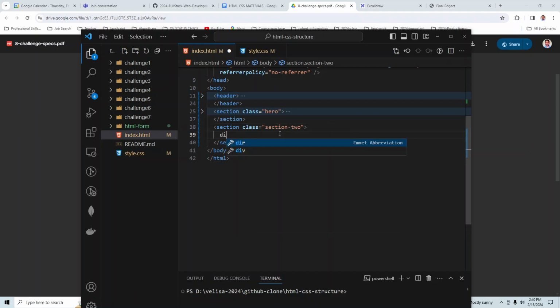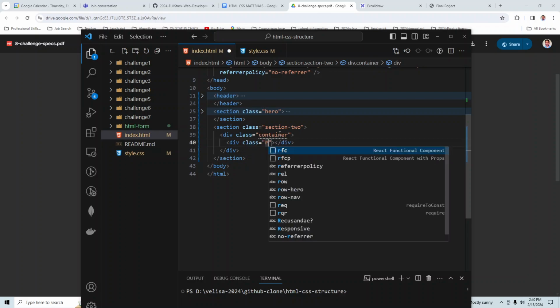So inside there will be a div with container, because I want to put this in the center, aligned with all my other sections. And then I need a box, so div, for now I'll just use class row,